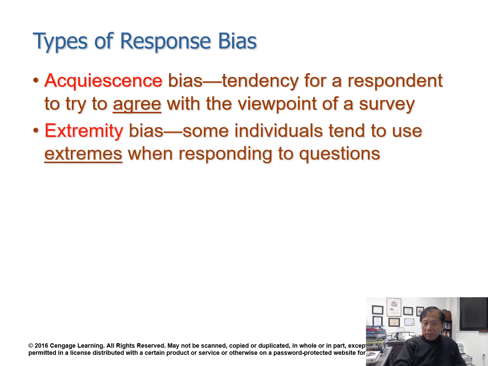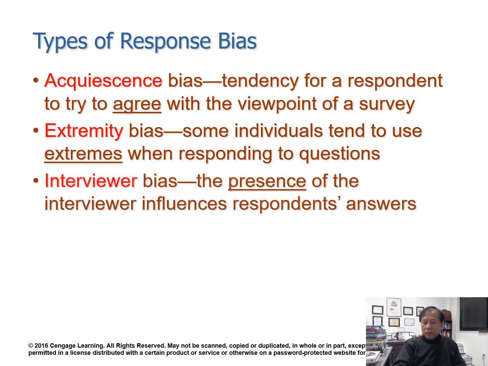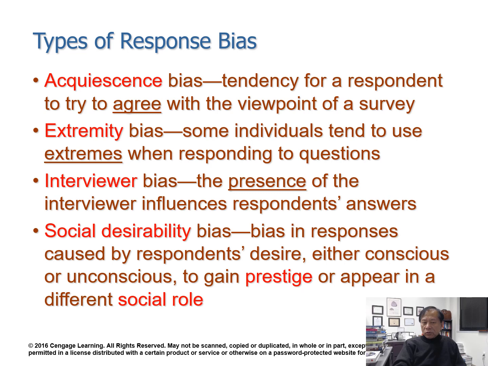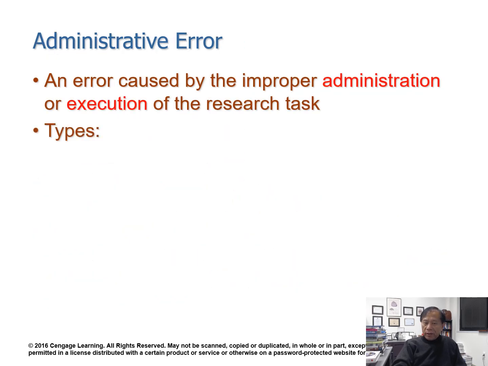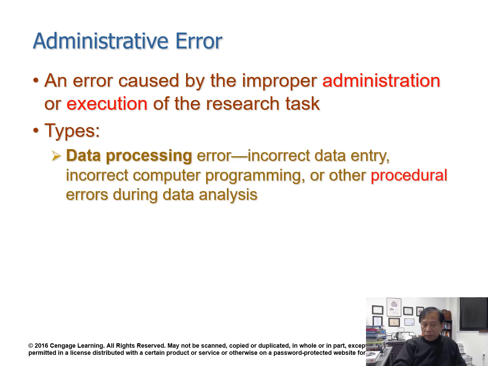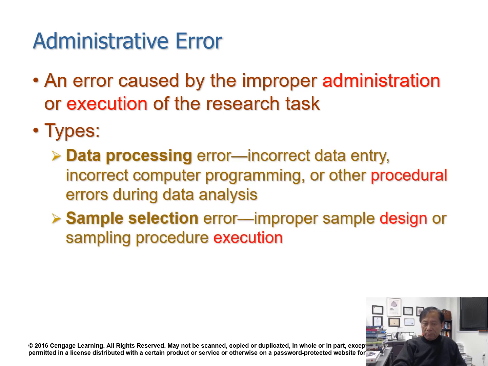There's extremity bias. Individuals tend to use extremes when responding. Interviewer bias, the presence of the interviewer. Social desirability, people try to gain prestige or to appear in a different social role, often a higher role. Then they're introducing social desirability bias. Okay? There's administrative error, in execution, data processing, sample selection,